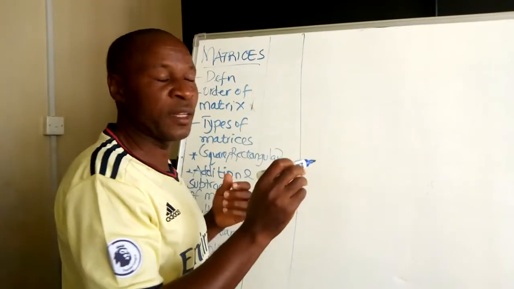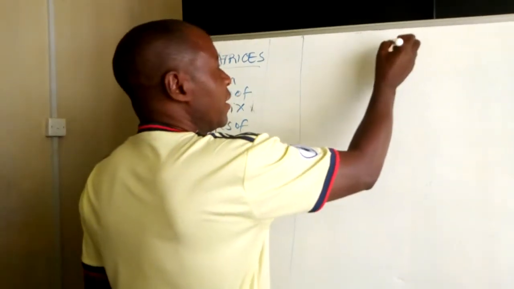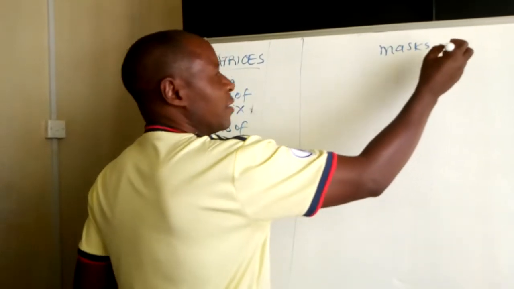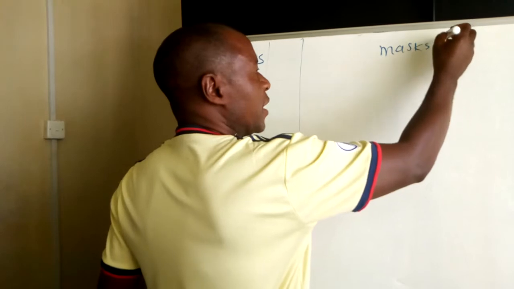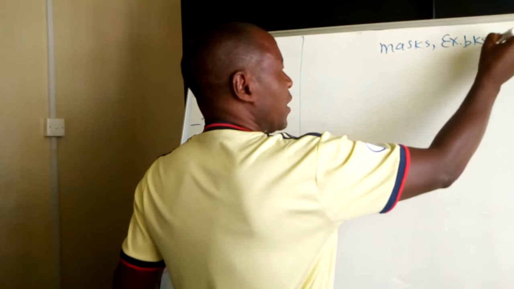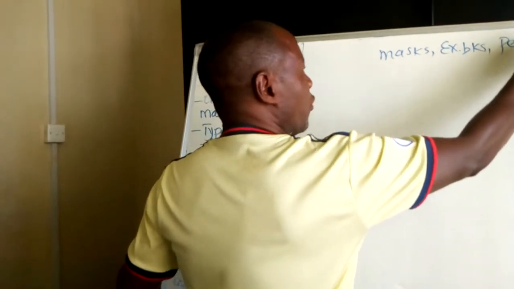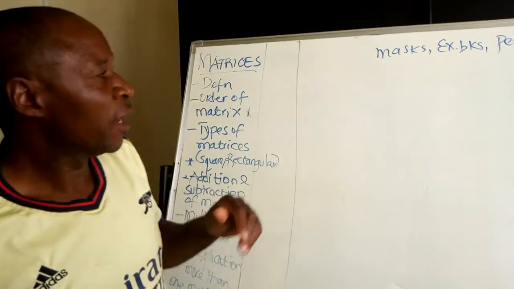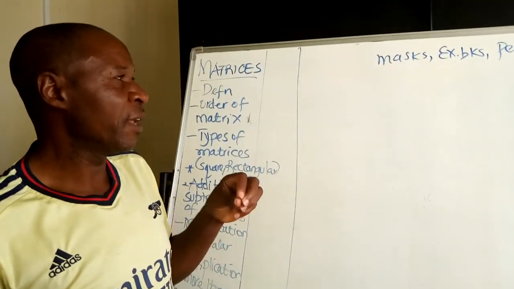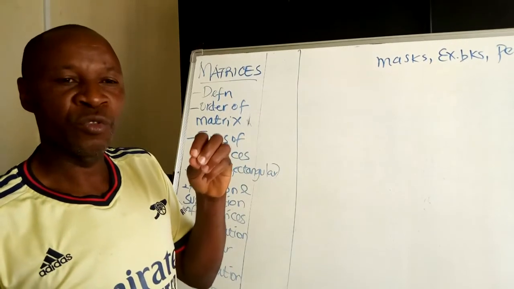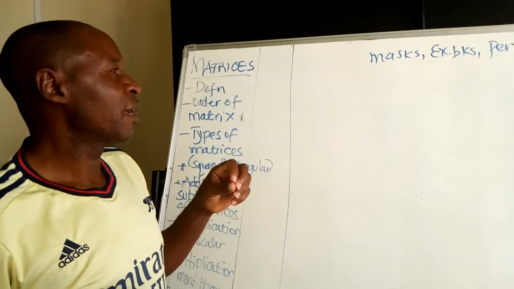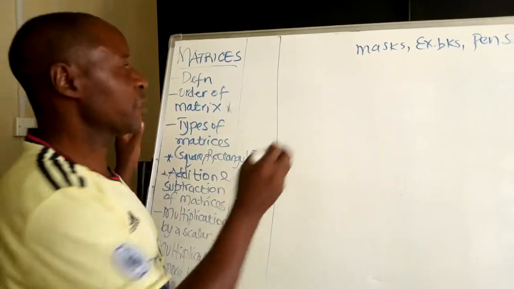In your circular, they've told you to come with, say, masks, exercise books, and pens for everybody. If these items are to be brought by everybody, then somebody is not going to bring equal numbers. The first person is called Ruth,